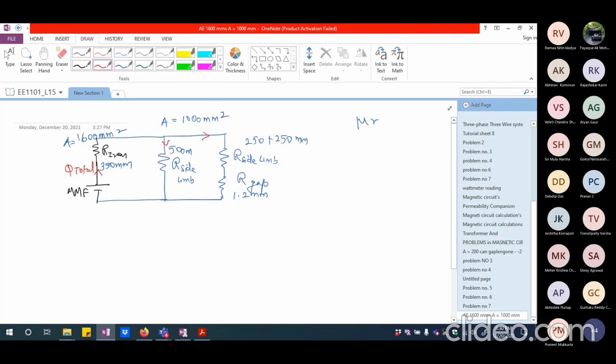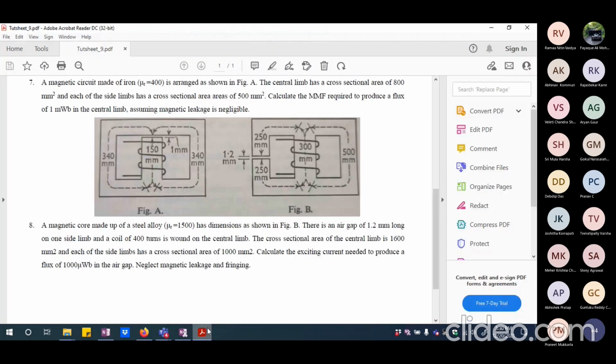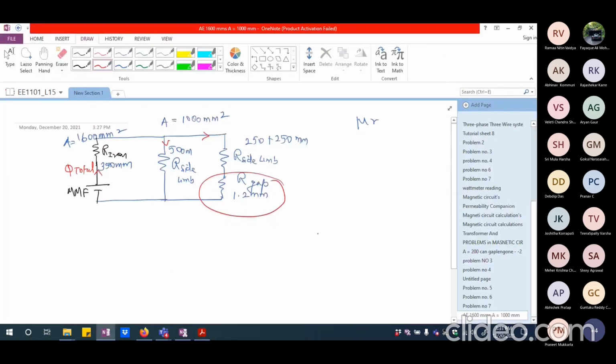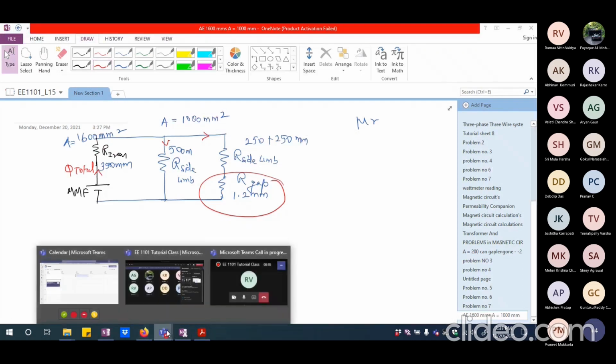A similar thing needs to be done, and you have to divide this into two and find out what kind of flux you are getting here. The flux in the air gap is given as 1000 microweber and the exciting current is asked. So please make sure that you complete the